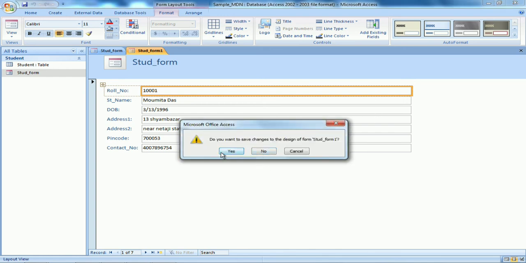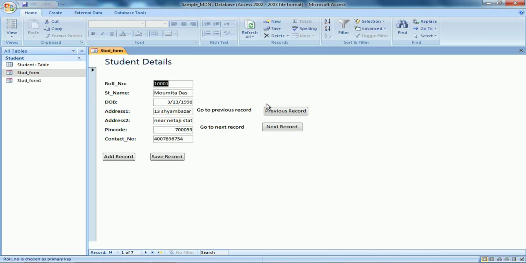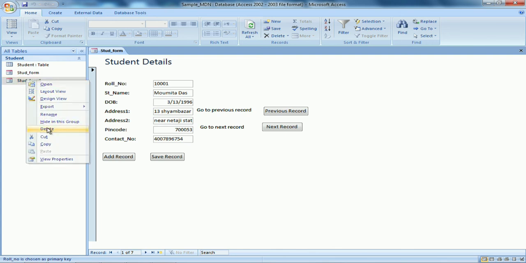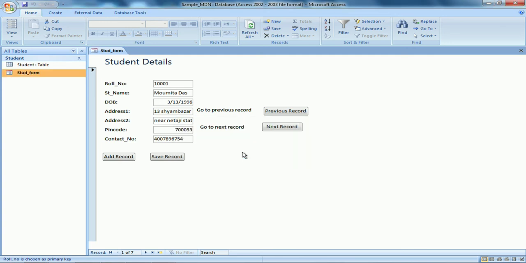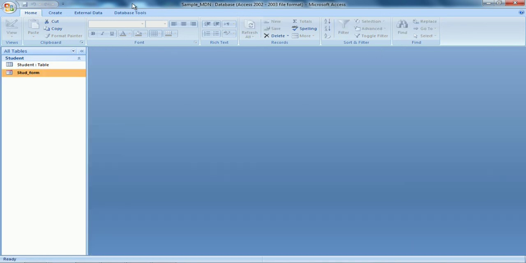A similar copy of the form will be opened. I do not want this. Let me close this. Also, if I save this, let me keep it saved and then I'll delete it. Let me see whether I can delete it or not. Yes. So permanently delete the form student underscore form 1. Yes. So it's deleted because that was a duplicate of the student underscore form which I had created with the form button. Sometimes most of the attributes are the same and we need to make some changes, so we design a similar form like that. That is why in those cases we do it.